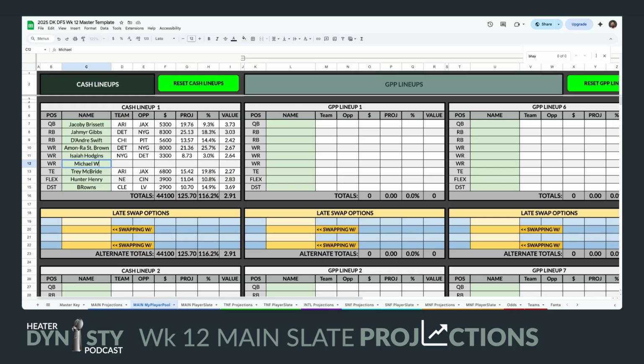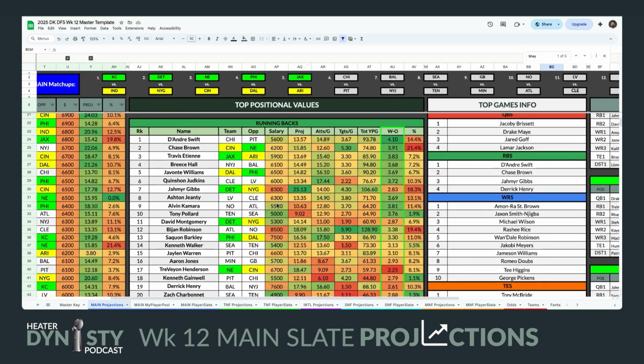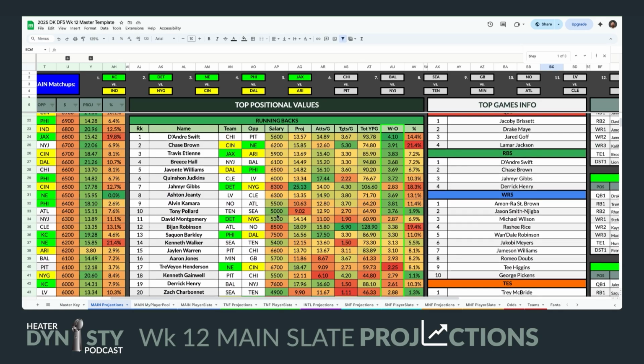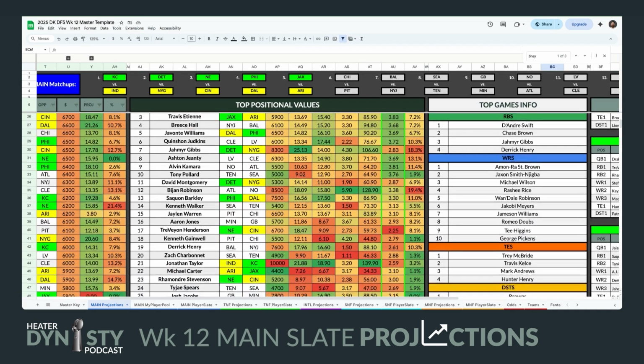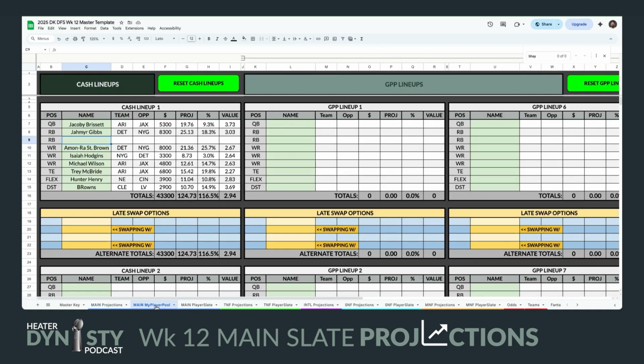This is the very first time I'm building, so I'm figuring this out with you. Michael Wilson. Okay, and then you don't need DeAndre Swift. You could go up to, we got 6,700 to work with for the running back position. Well, for now, I'm just going to plug in Chase Brown and see what happens. So that's one option right off the bat. Obviously, I'm going to tweak it some more. I don't want to have that much savings for cash.